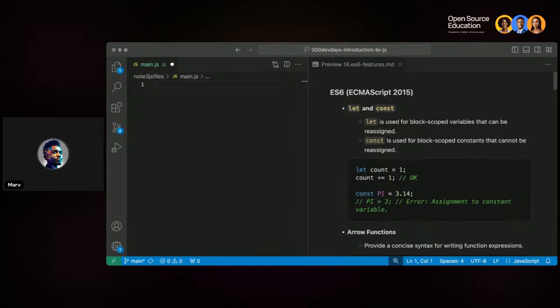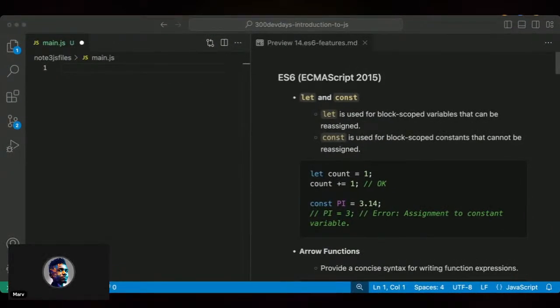JavaScript and ES6 features. Okay, so by the way, if you can hear me, I can see we just have 8 of you here. Probably more people will be joining us soon. Please go ahead and drop a message in the chat. Let me know if you can hear me so that we can proceed already.